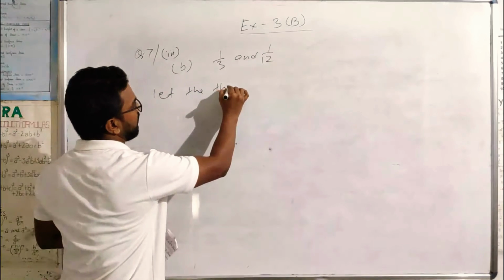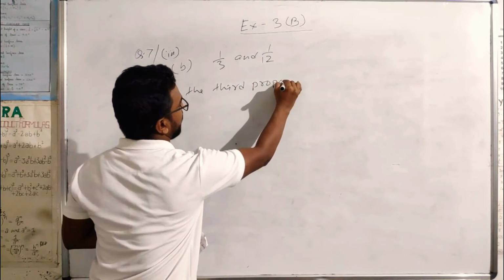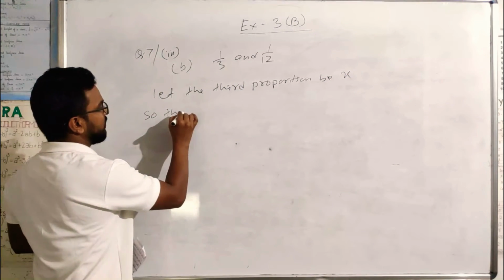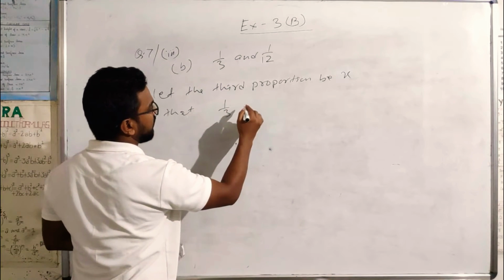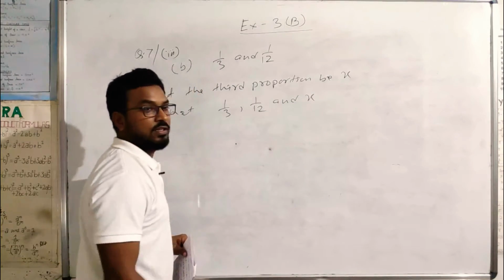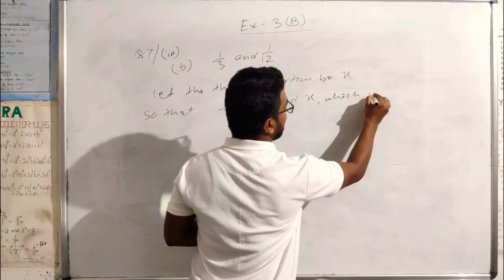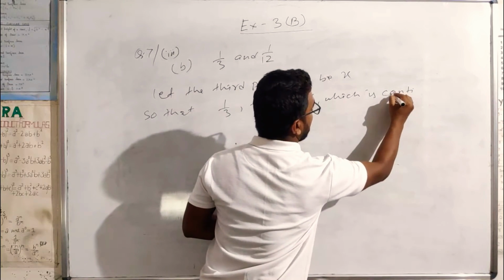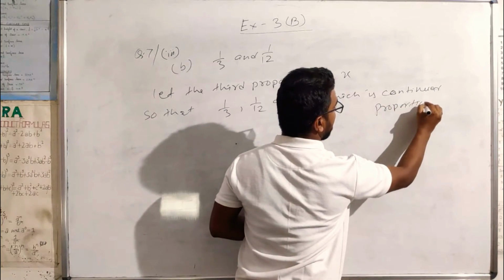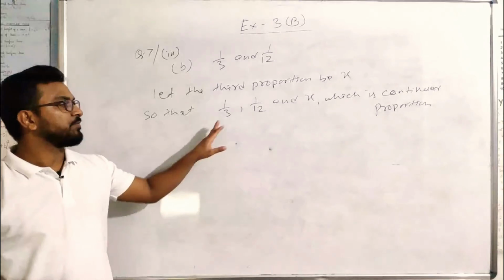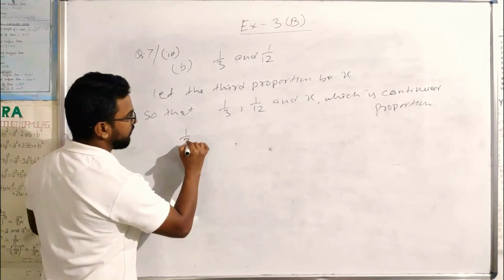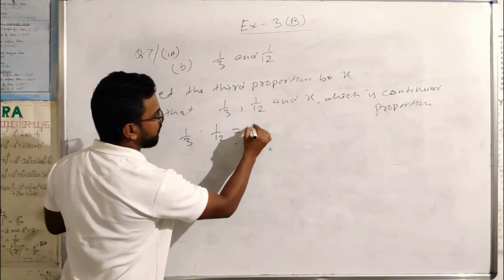Let the third proportion be x, so that this can be written as 1 by 3, 1 by 12 and x, which is continued proportion. So what will we do? We'll repeat this one. How many times? 2 times. So this can be written as 1 by 3 ratio 1 by 12 is proportion to 1 by 12